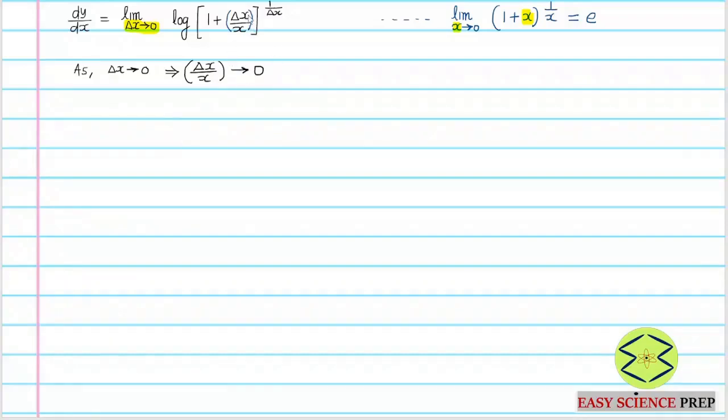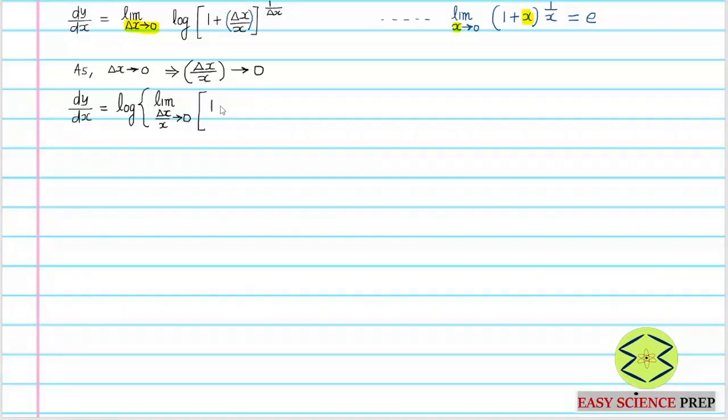The second thing is, whatever is here, delta x, I should have the reciprocal of that in the index. So that also creates it, and I'll simplify that. Now mind it, one more thing is very important. The limit is only applicable to the variable. So this log part can be taken out of the limit. So what I will do is dy over dx equals log outside, and then I'll write the limit. It is a new limit I'm going to apply, delta x by x tends to 0, and then inside we